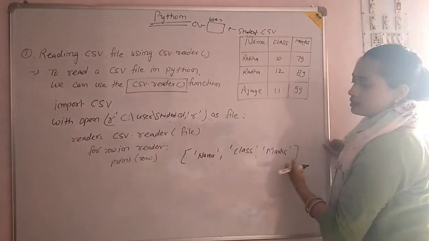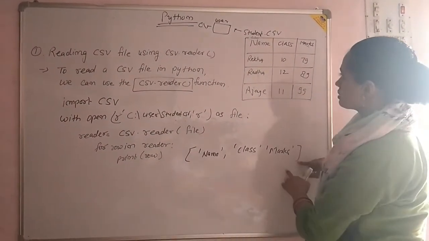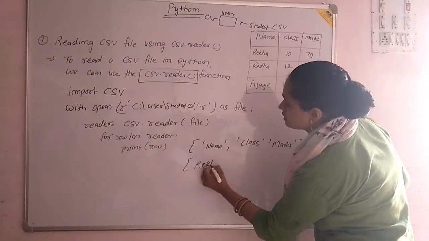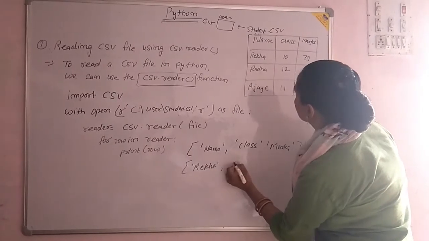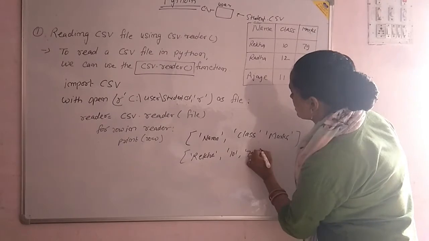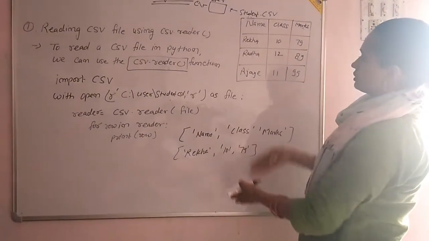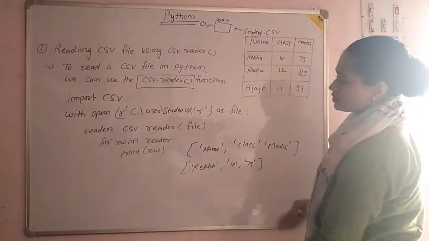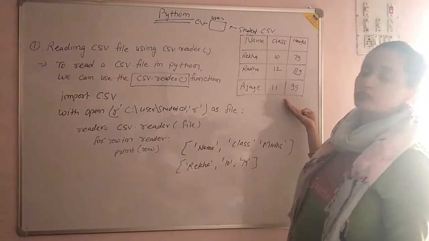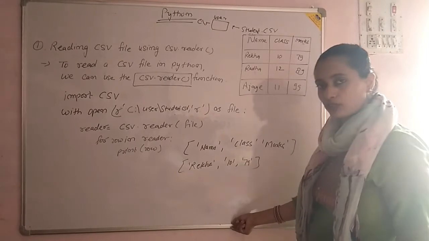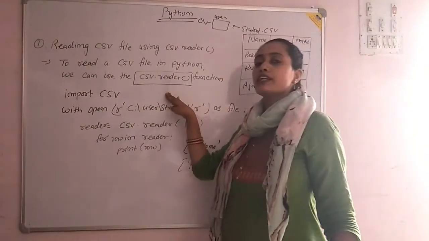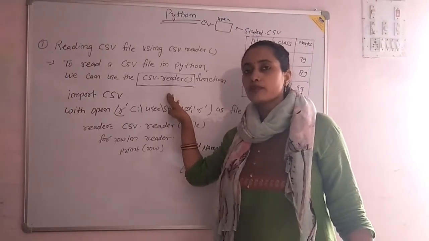This is our first result. The second row will be shown in this format, and the 17. Okay, it will continue the same way: Radha looks like this, in this format also, and Raja also looks like this. So the CSV file works in the default mode, that is, comma separated mode.